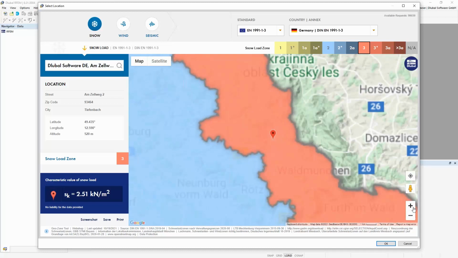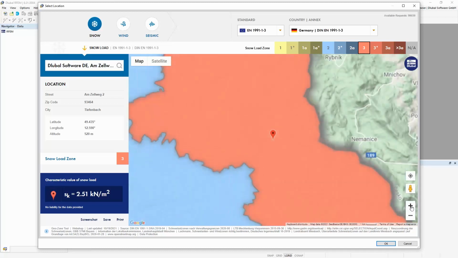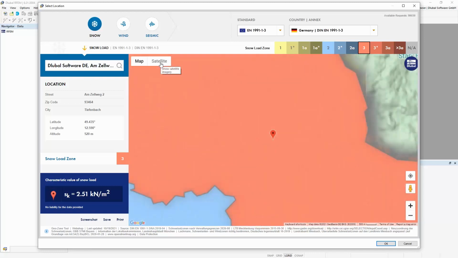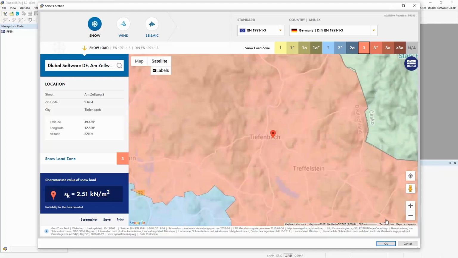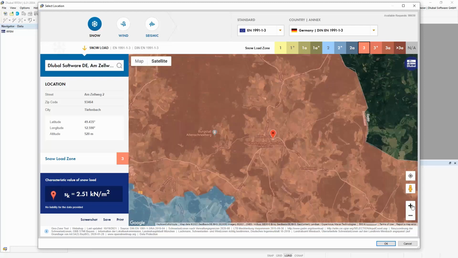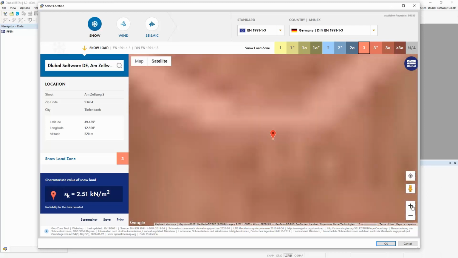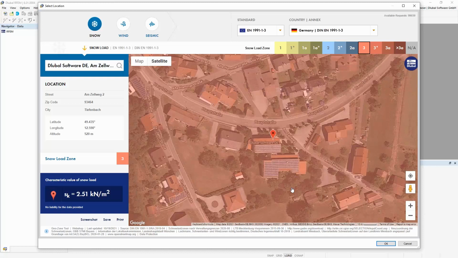So let's change to satellite. Now we can say we place it here and get now exactly the data of this place. If there is some hill or mountain, we get here exact altitude for detecting snow loads.